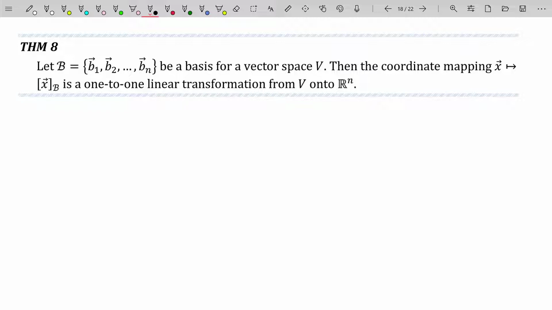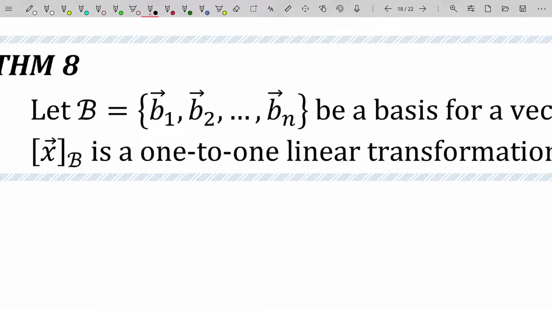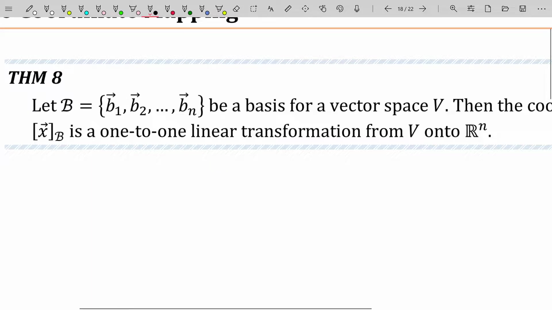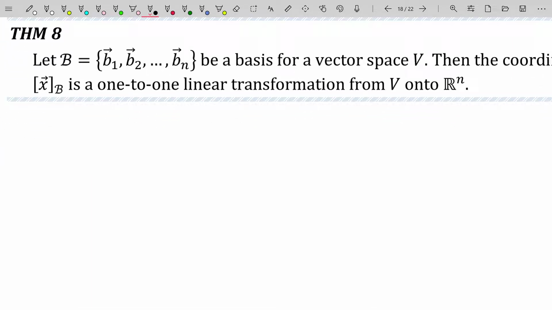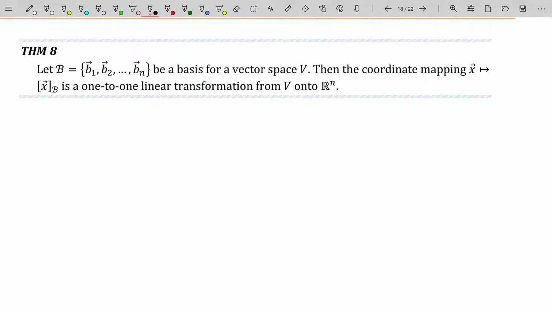In the last two videos, I've really tried to emphasize that at that time we were only working with mappings from Rn to Rn. But in this video, we'll step back into mappings from an arbitrary vector space into Rn. So let B be this set of vectors, and let that be a basis for an arbitrary, possibly abstract vector space V. Then the coordinate mapping x to the B coordinate vector of x is a one-to-one linear transformation from